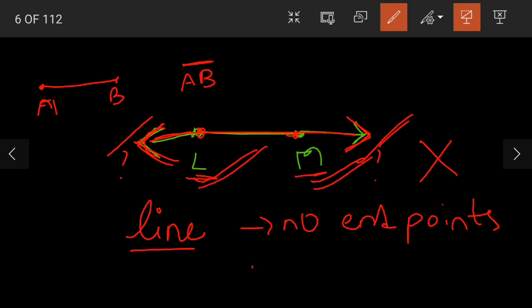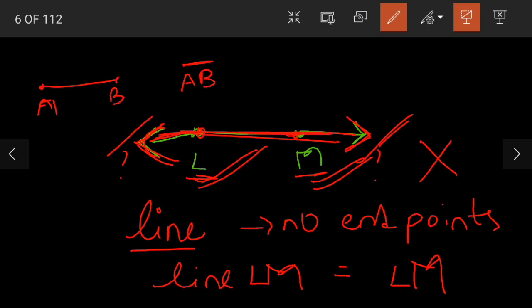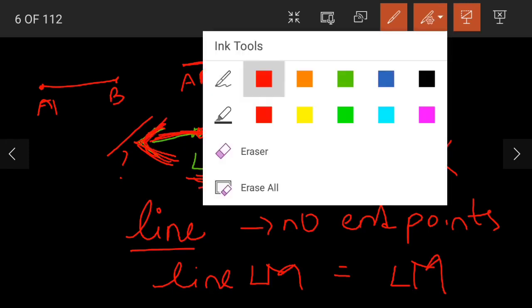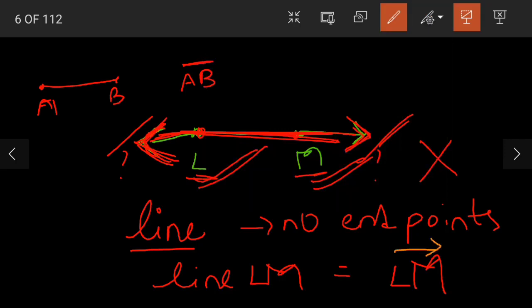Now what will be the name of the line? It would be line LM. We will name it by the 2 points on the line. So the name would be line LM. And how do we denote it, children? Write LM, and upon LM, what does this line look like? It has arrow marks on both the sides. So draw a line with arrow marks on both the sides. Now this here will be line segment LM. This here would be what, children? It will be line segment... I'm so sorry. It will be line LM.